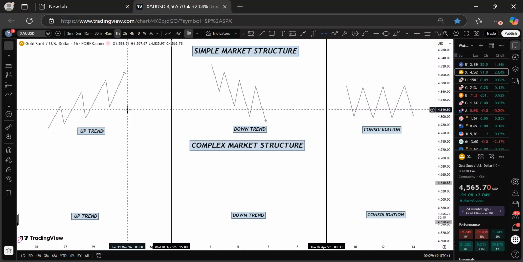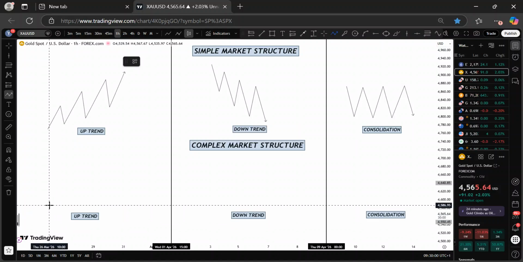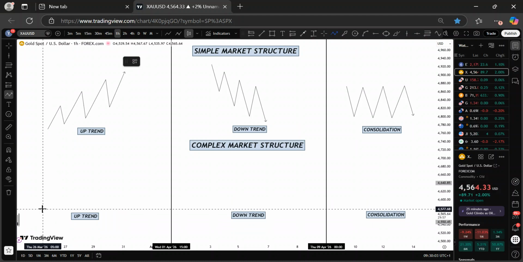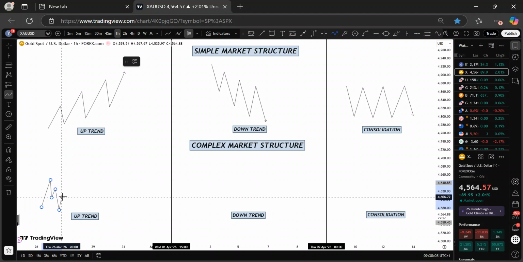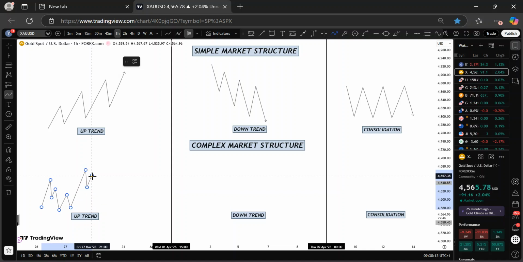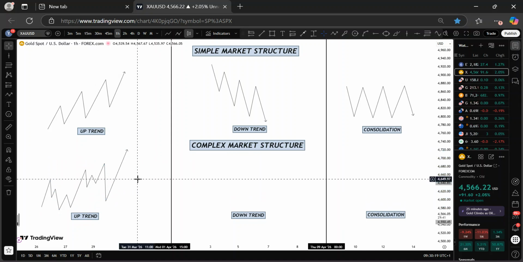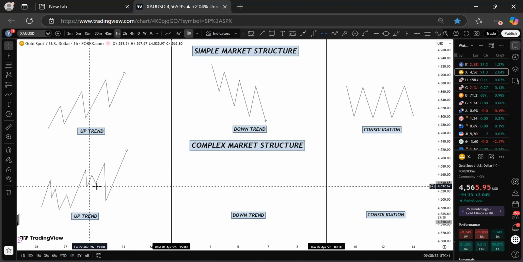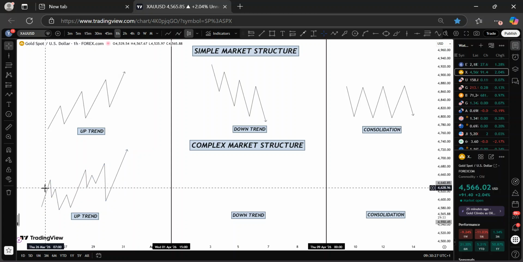All right. Then I'll quickly go to the complex market structure, and I'll try as much as possible not to make it too hard for you to understand. So here is a simple visual representation of what an uptrend looks like in a complex market structure. So we have something like this. The market goes up. Look at the chart, what we have here now. You can see how we have a lot of highs and lows in this market.